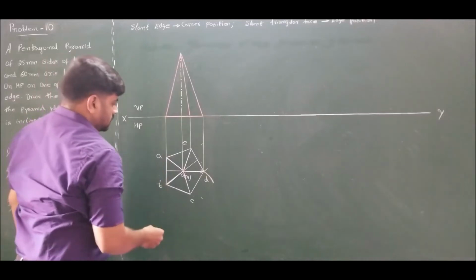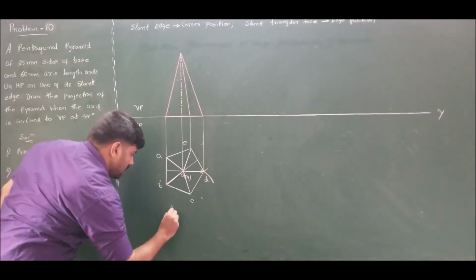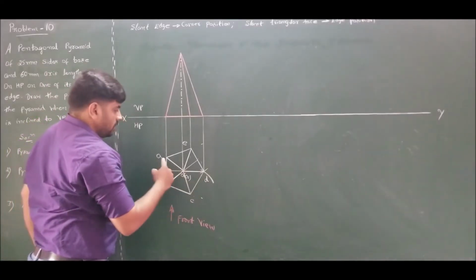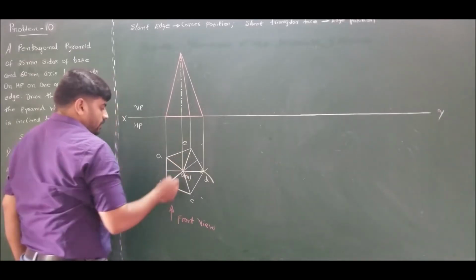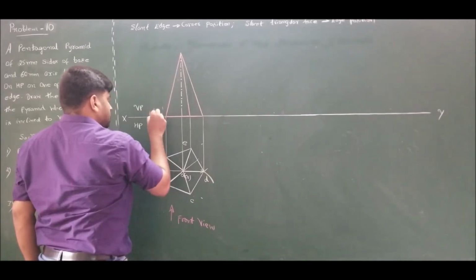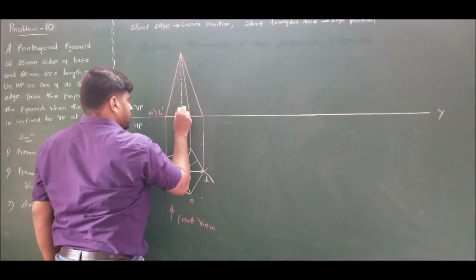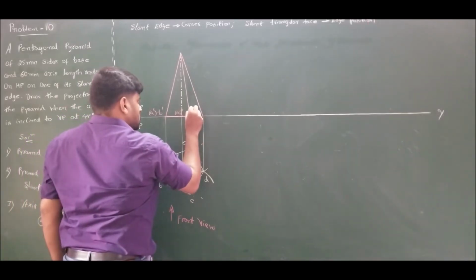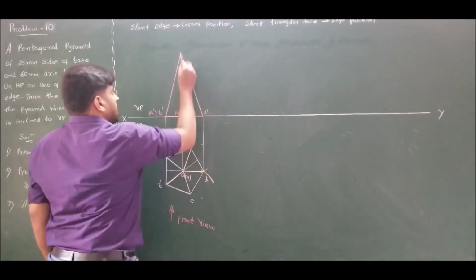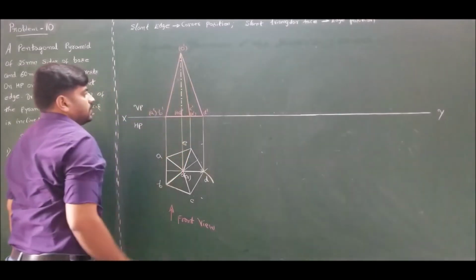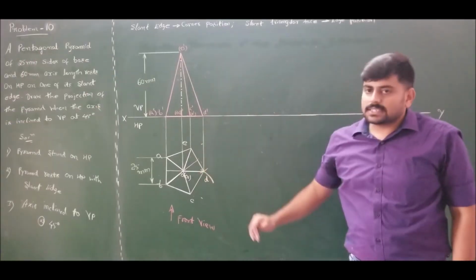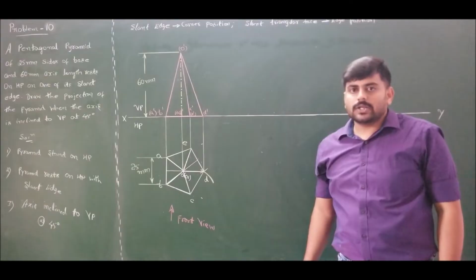Now mark all the corners. In the front view, observer will be here. To the observer, the corners B, C and D are visible, whereas A and E are invisible. If I mark, I will get B prime, whereas A prime is invisible. Axis is always invisible in the front view. O1 prime, C prime is visible, E prime is invisible. We have D prime, the apex is O prime, which is invisible. Now show the dimension of the axis and also the edge length. This completes the first position, front view and corresponding top view.